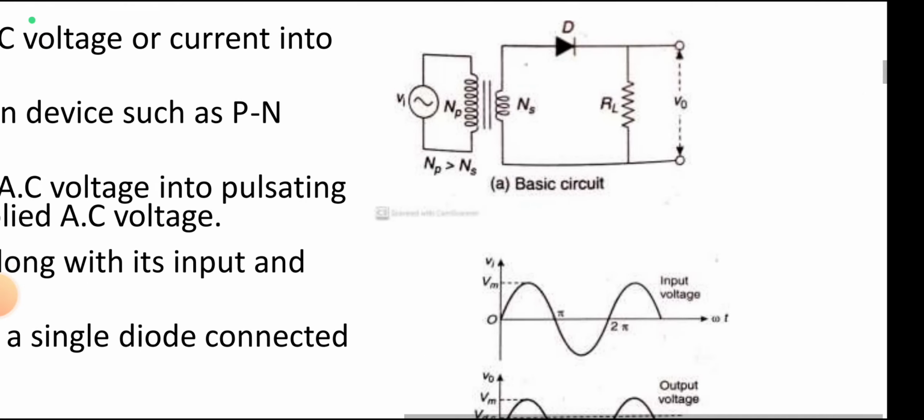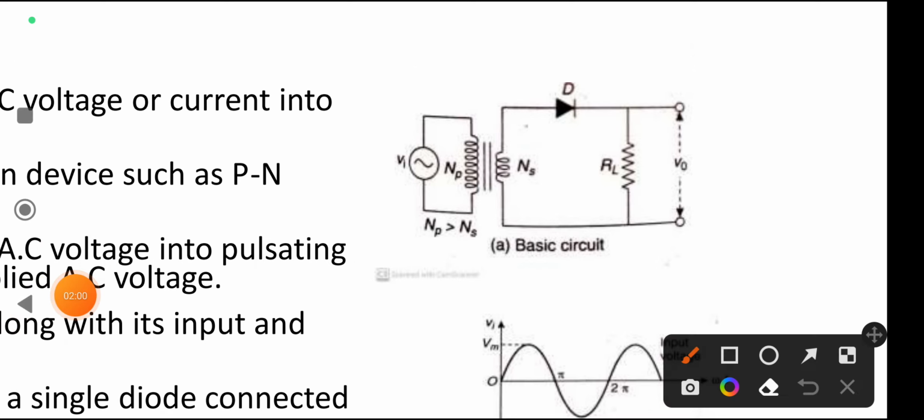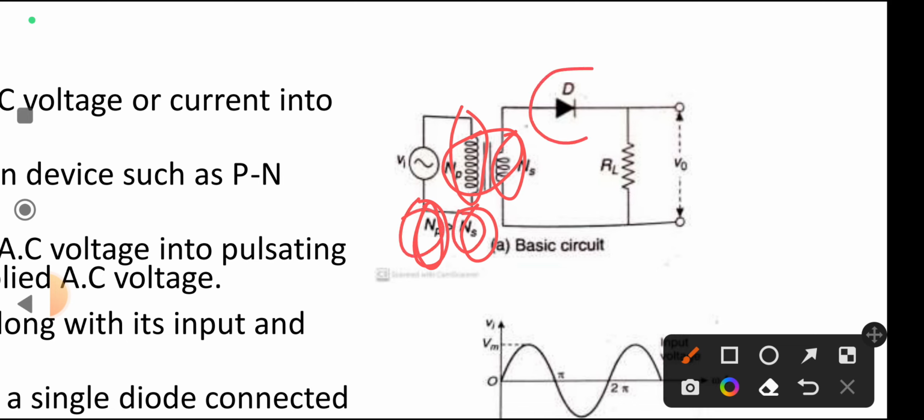See, this is a basic diagram and it contains a transformer, and the transformer has a number of coils on this side. Those coils are called primary coils and this side are called secondary coils. Primary coils are denoted by NP and secondary coils are denoted by NS, and the primary coil is always greater than the secondary coil. And there is a diode, and a load resistance where we get